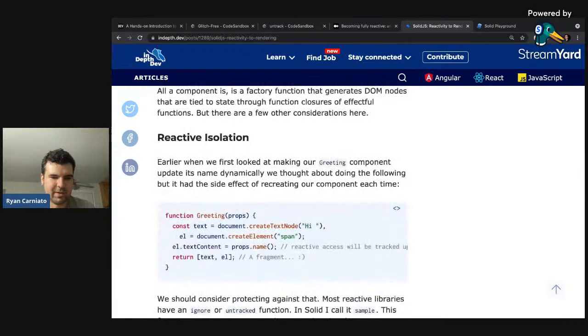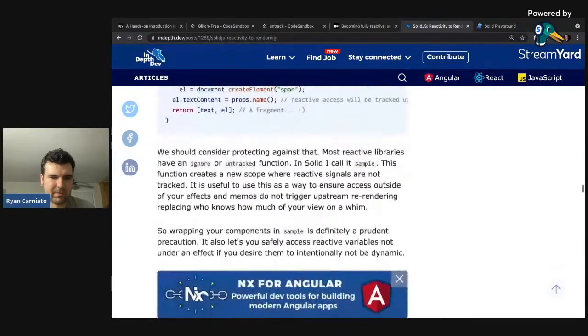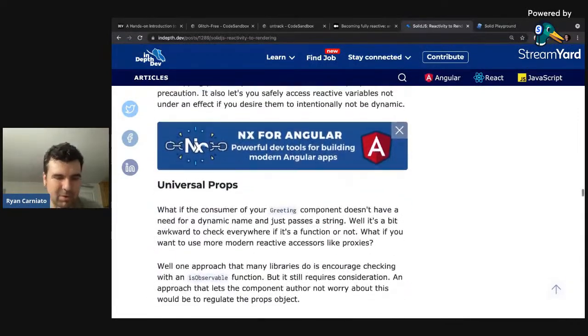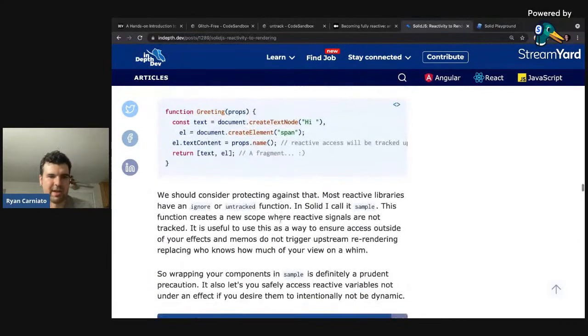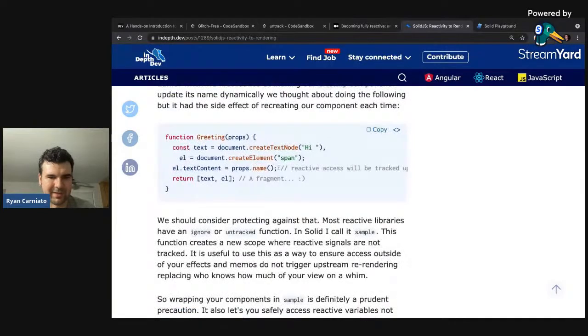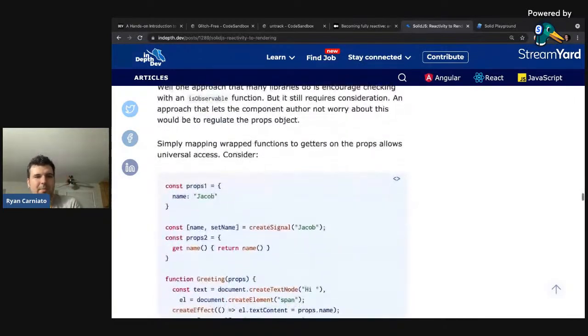So yeah, I mean, I think this is mostly it. I'm just mentioning that I actually call untrack on components so that you don't accidentally access them like this and cause that loop we were talking about before. Yeah, universal props. I think this is an important piece here. Essentially,